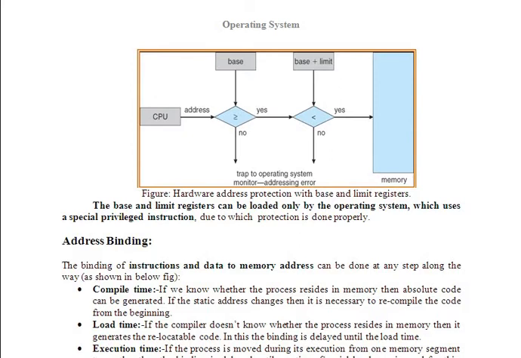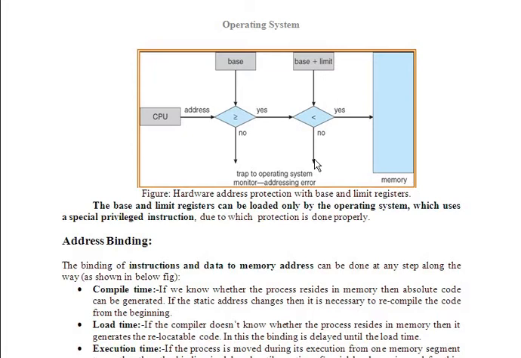The memory space will be protected with the help of CPU hardware. Here is how it works. CPU is here, an address has been sent, and the base register checks whether it is within the limit. If yes, then it goes to the next check, or else it says no. Then base plus limit, as I said, is a range. If the address is within that range, then memory access will be allowed and information will be accessed, or else it says no, and it is called an illegal access of information. This is how we can protect our system.